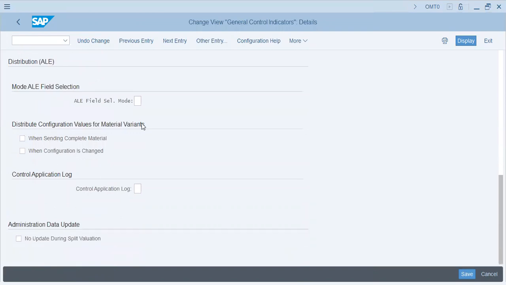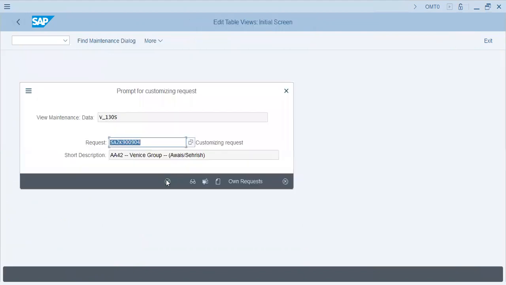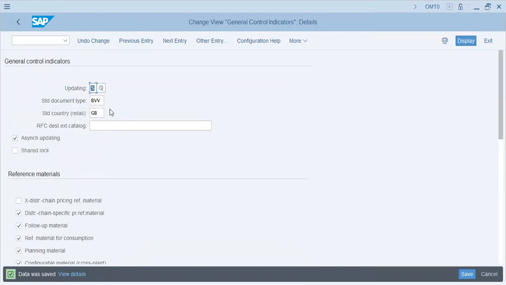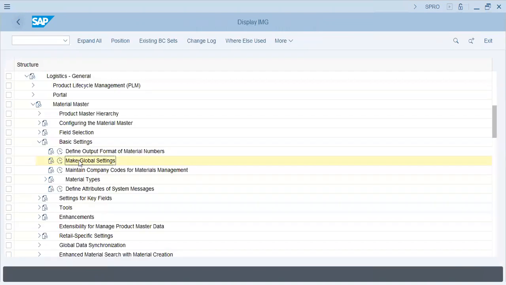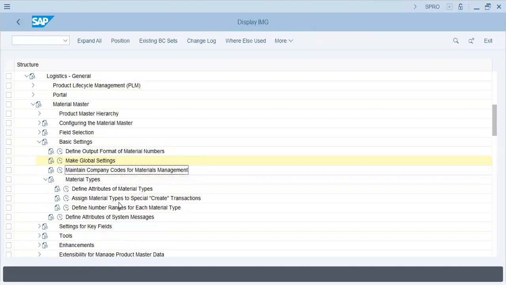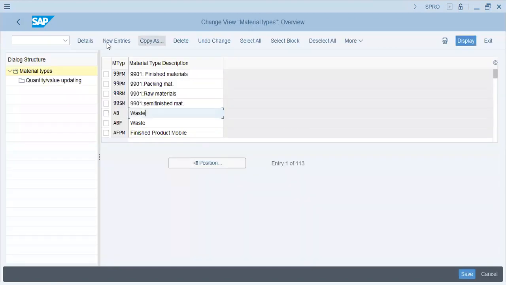Distribution configuration value for material variants. This is something out of scope right now. Okay, let's save. Maintain company codes. We have already done this. Material types, attributes of material types. Okay, over here, we'll go for